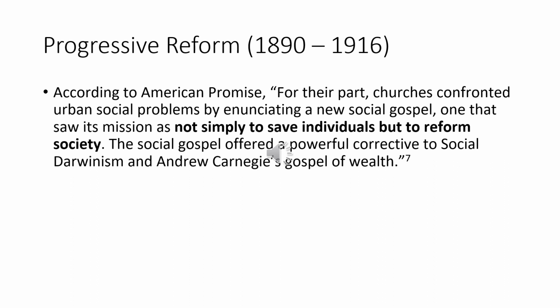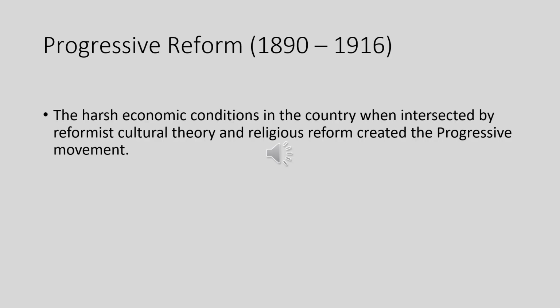Then you have the upper class that believed in social Darwinism. These ideas were completely at odds, so the church took complete aim at these philosophies. So given the extreme poverty and working conditions of Americans, the country had been abused for many years in these areas. The idea of cultural theory on reform, the idea of the social gospel and taking action to improve society, these are the foundations, these are the pillars of the progressive movement.